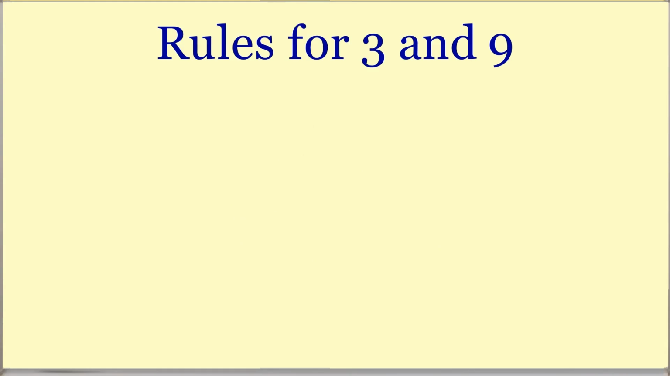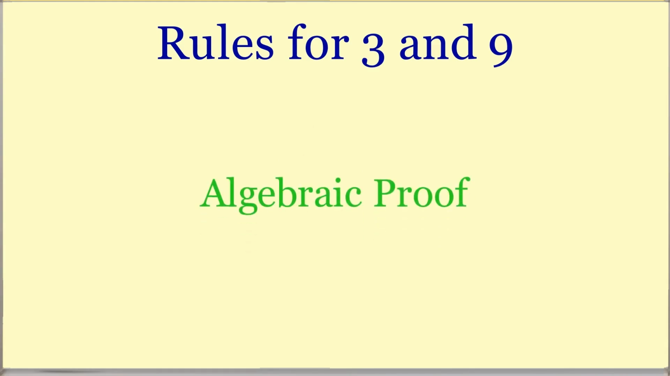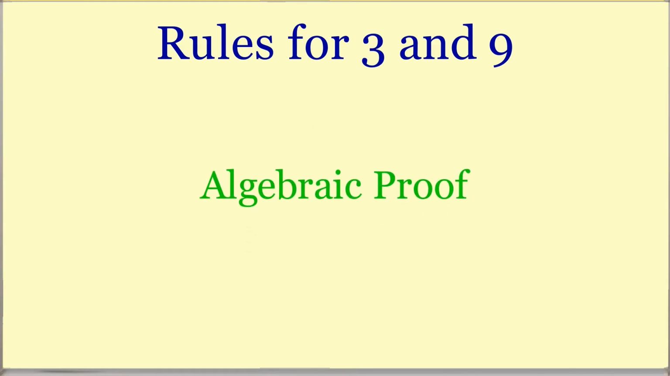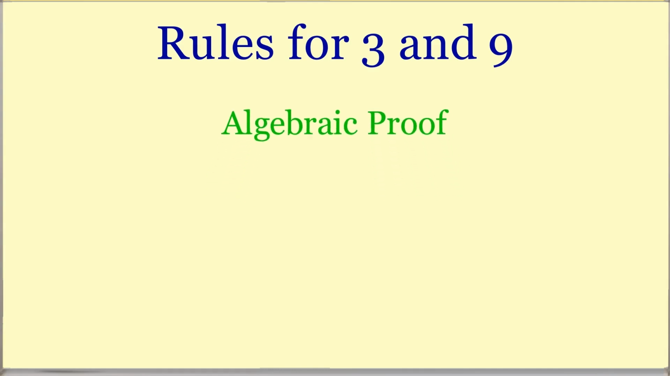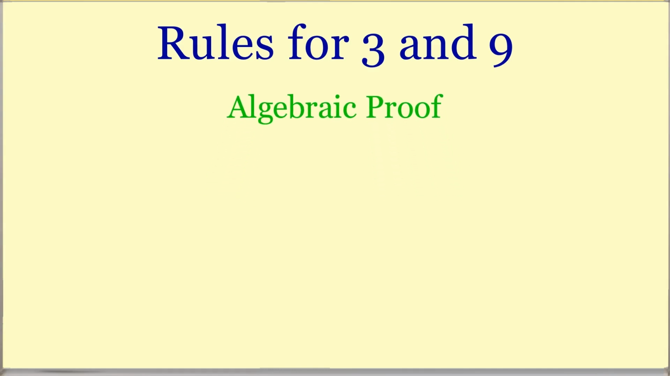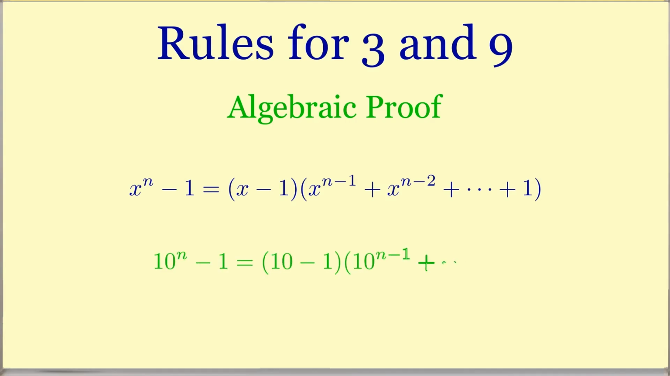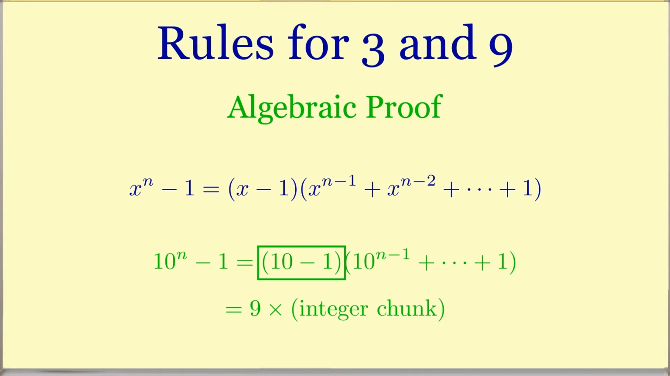If we want a more traditional algebraic proof, we can use the universal formula for factoring the difference of powers. In algebra, any base number raised to a power minus 1 can be factored into that base minus 1, multiplied by a long sequence of descending powers. When we plug our base of 10 into this formula, that very first factor becomes 10 minus 1, which is exactly 9. Since the entire massive expression is now exactly 9 multiplied by some other integer chunk, it is absolutely